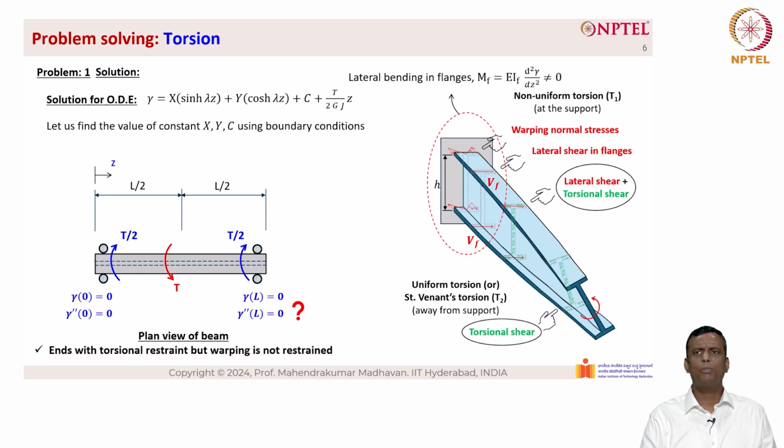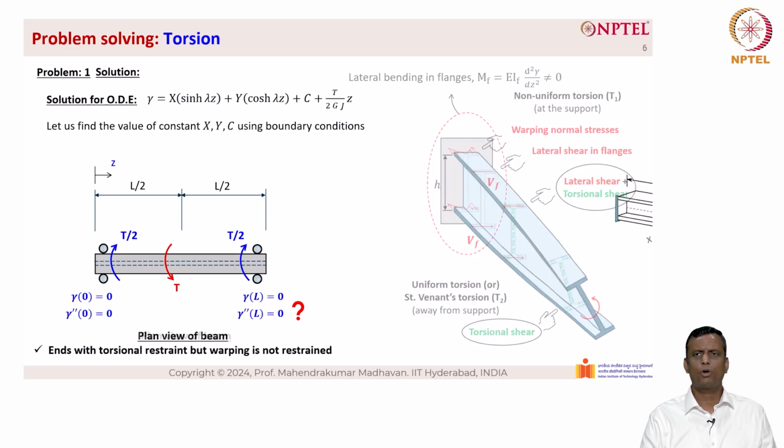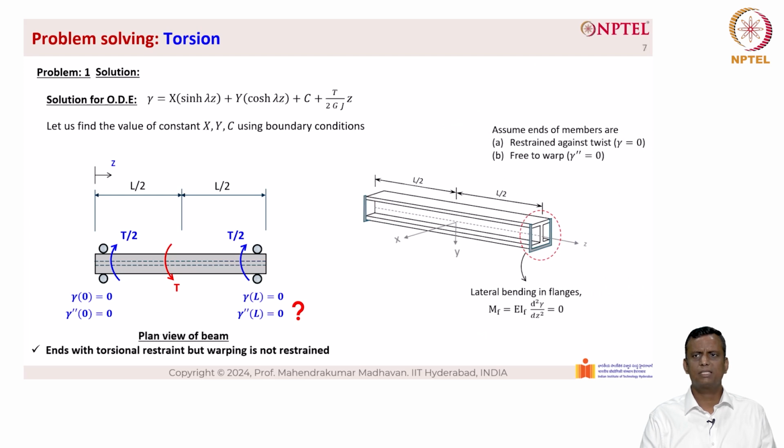However, this is not the boundary that is being discussed in the problem here. The boundary that is being discussed in the problem is shown in the figure here, as you can see. So you can box it at this location where the twisting is prevented but warping is allowed. So the lateral bending in the flanges, M sub f equal to EIf into d square gamma by dz square,